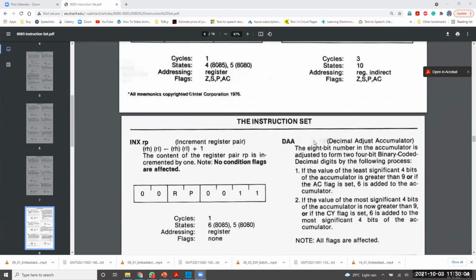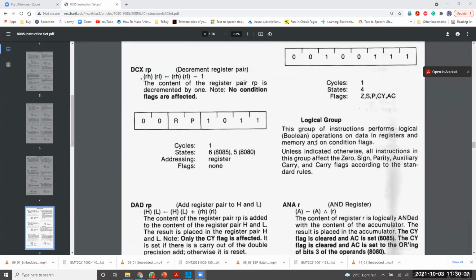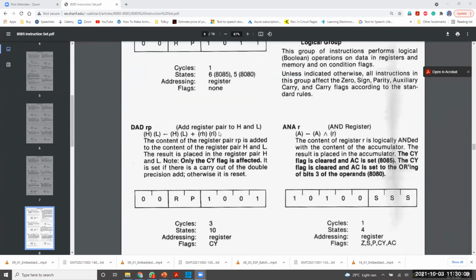You can also refer to what I'm doing. It's the same thing. DAD, see here: add register pair to HL. HL is the reference here. In the case of DAD, if you put DAD B,